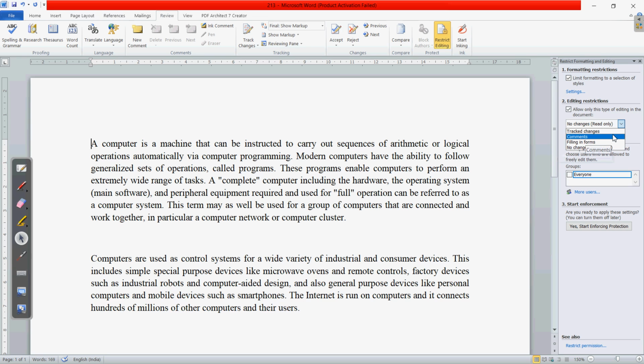If you choose any of these, it will be selected. Suppose I choose no change. Then the document which you are saving cannot be edited or modified. Only the person can read this document. So these types of editing restrictions can be chosen from here.